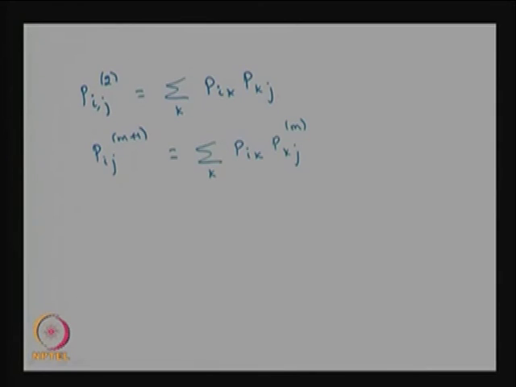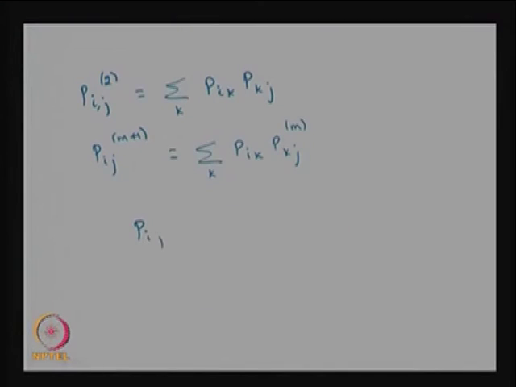By induction I can prove the m plus 1 step will be I to k and k to j in m steps. Similarly, I can make it the other way around also. It is I to k in m steps and k to j in 1 step also. That combination also will end up as the m plus 1 step the system is moving from I to j. In general,